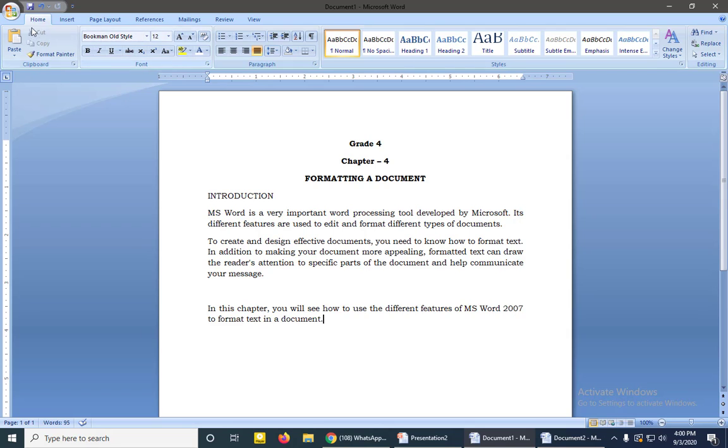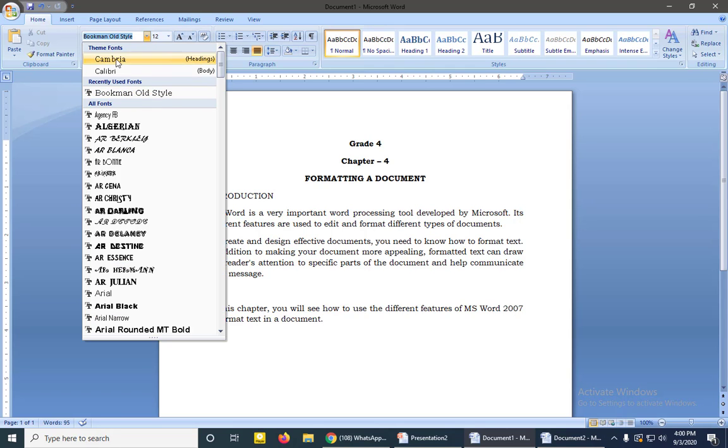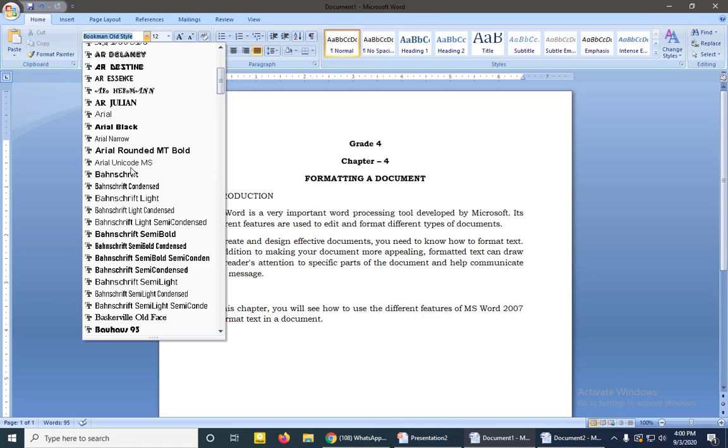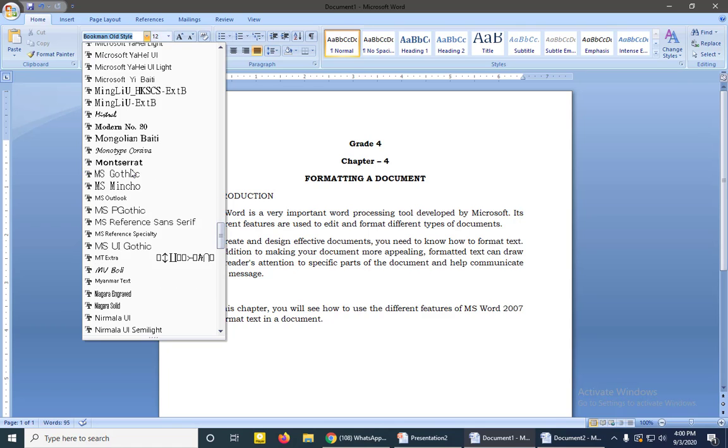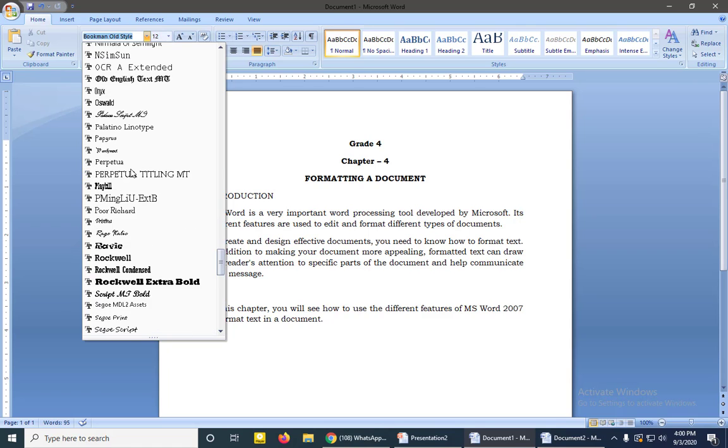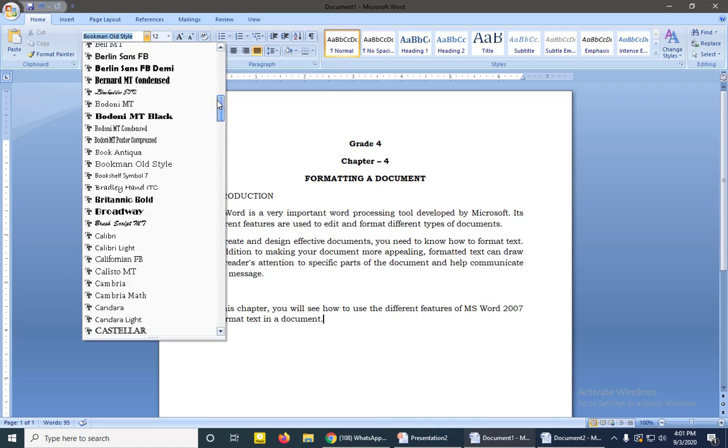Here you can see in the home tab, in the font group, you have the font styles. Here you have Cambria, Calibri, Bookman Old Style, Algerian. So you have a number of different font styles.